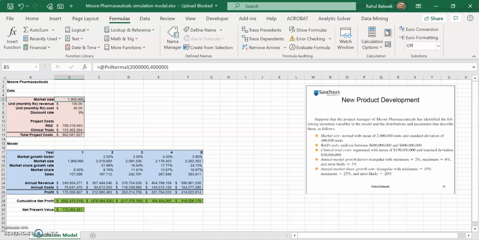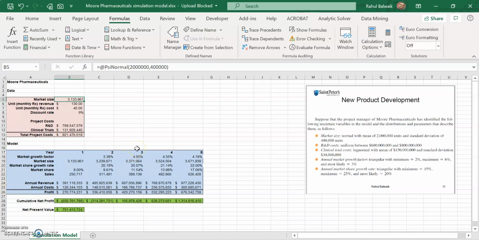If I do a calculation again, I will get a different value of the NPV, and the year at which the company has started making the profit might change, right? So this is how you can do it. When we saw the basic modeling with everything fixed, we found out that until year 3 it was going into negative profit, but from year 4 onwards it started making profit. But here, with this specific market size, it made profit only in the 5th year. So this is how you can model the data that you have with the help of Monte Carlo simulation.